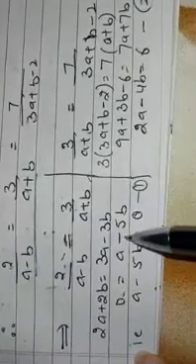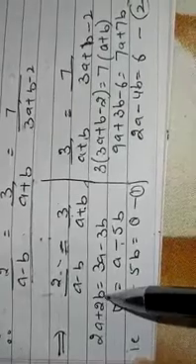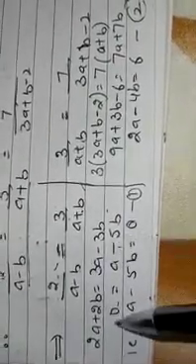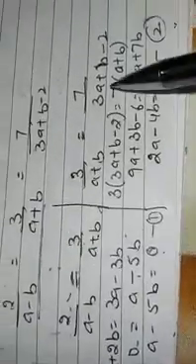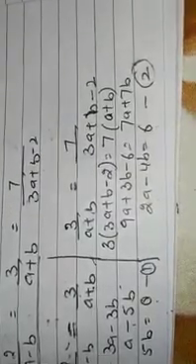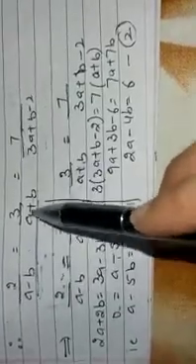I have got this. 3a minus 3b, when this is multiplied here, 2 into this a, 2a plus 2b, taking all terms to that side, I got this, and finally I bring this to this and this is equal to 0. Similarly, cross multiplying these two, we got this. Finally solving these, this is the second equation. You even can compare this with this also, but this is simple. Compare this is equal to this, then this is equal to this.